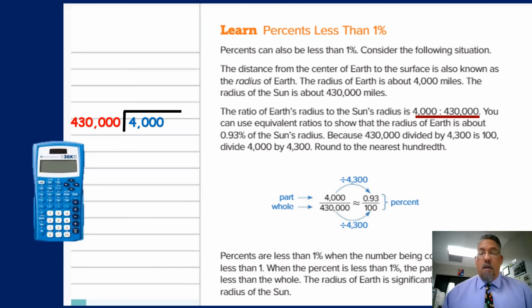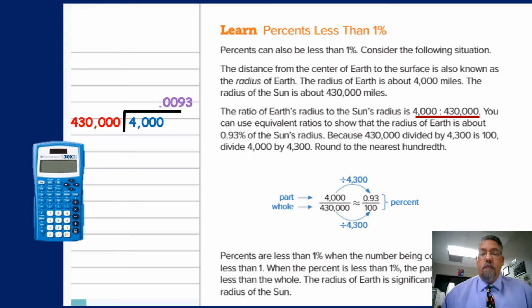And then I can just pick up my handy dandy calculator. Where some of you are messing up is you're trying to type them in the order from left to right as they're shown on the paper. We can't do that, right? We have to read what it says. The problem says 4,000 divided by 430,000. And that's the way I have to type it into my calculator. So I pick up my handy dandy calculator and I type in 4,000 divided by 430,000 equals, and I'm going to see that I get